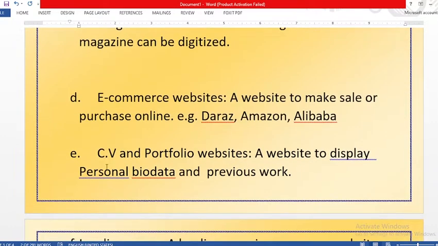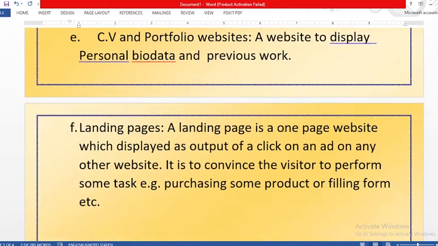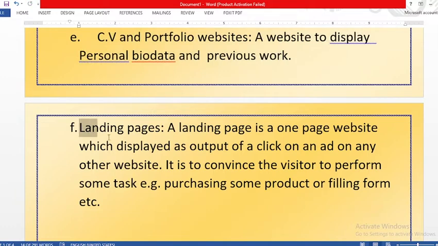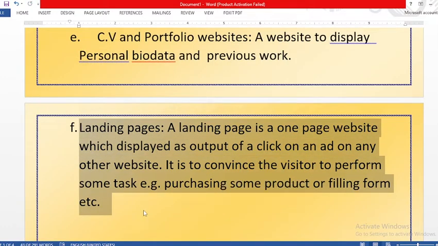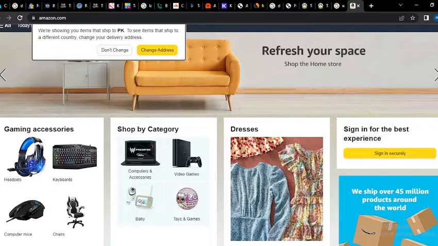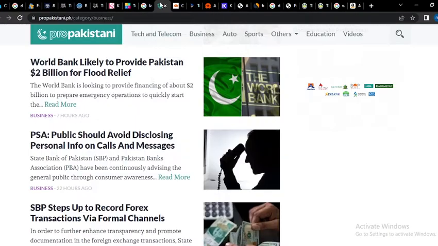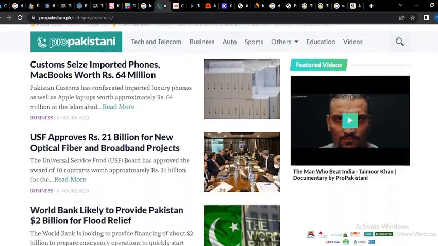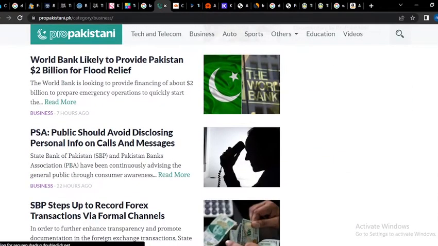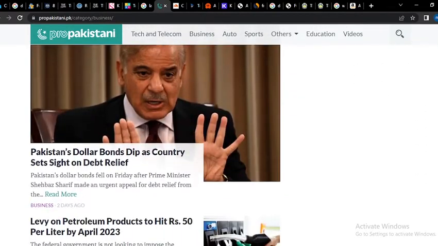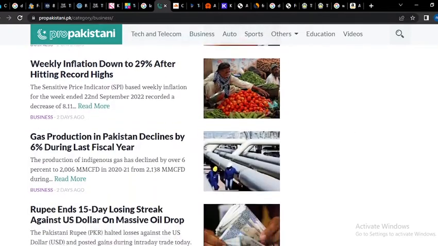Now the next is CV or portfolio. Before understanding this one, we have to understand what a landing page is. A landing page is a page, you know that I have told you this in class also, that there are a number of websites which you feel are showing you some information and you are surprised why they are offering these services to you and how they are earning money. And I told you that they are earning money